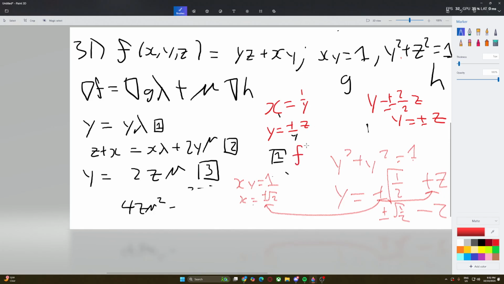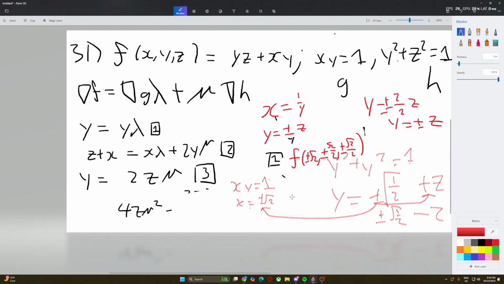So when we put it into f as plus or minus square root 2, plus or minus square root 2 over 2, and then I don't even know how to put plus or minus square root 2 over 2. Either way though, f, so f and x, this term, you can just plug in 1 for it. So yz plus 1, because of this constraint, right? So yz plus 1,